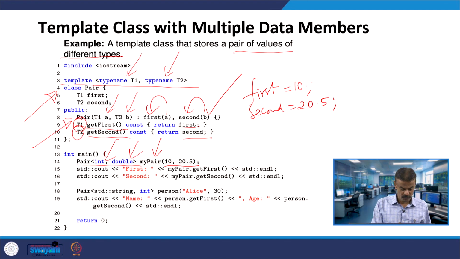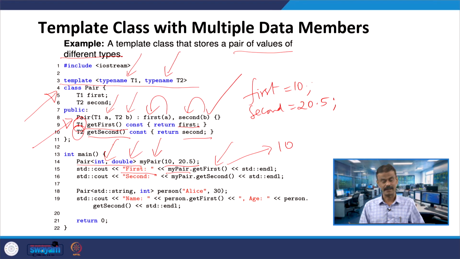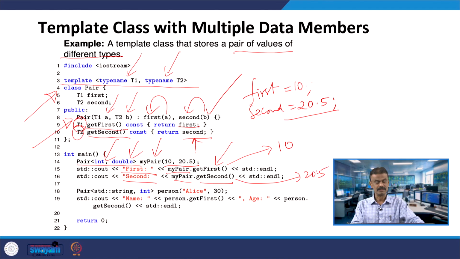So at line number 15, first will be printed: myPair is invoking getFirst, and getFirst returns first. What is first? 10. So this will give output 10. Then second will be printed: myPair is invoking getSecond, getSecond returns second, which is 20.5, so 20.5 will be printed. So this is the first case.